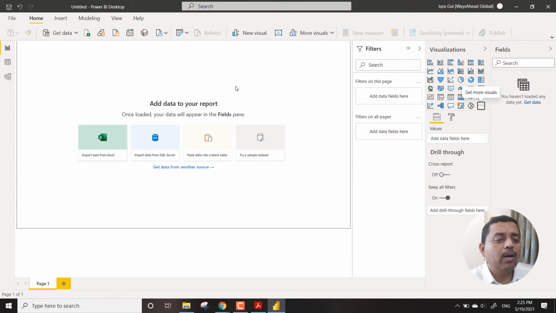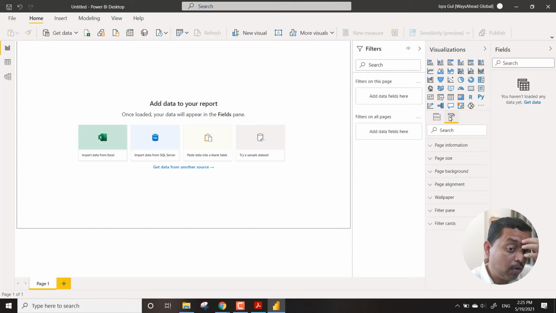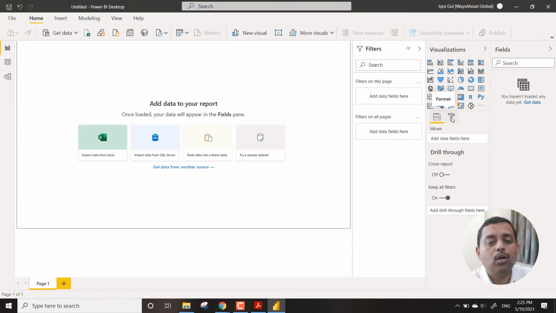Apart from that, the next most important section is the option for formatting. So you can see these two options. In the visualizations tab, the first one talks about the values, and any feature that you add to this Power BI tool would relate to either of these things.